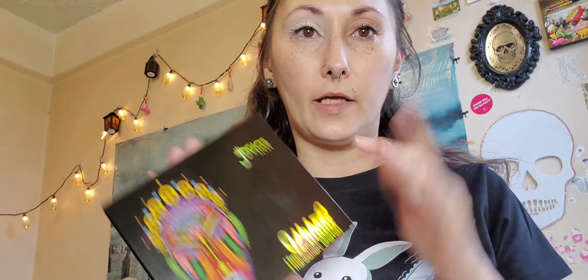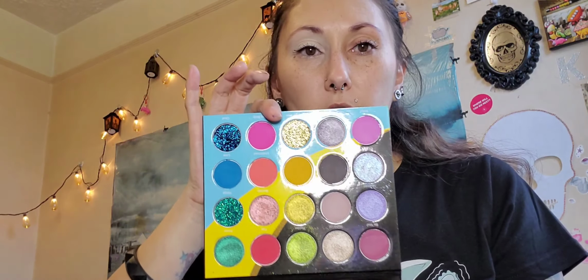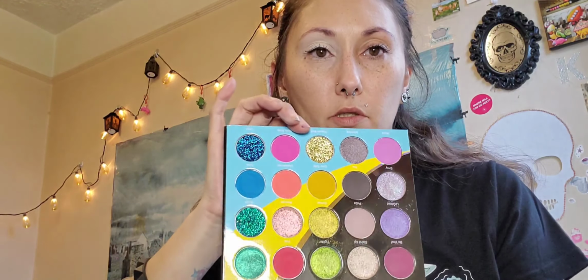So yeah, I did do the swatches. Like I said, I'll leave the swatch video in the cards above. And this is the inside of the palette. I am going to do two different looks from this palette like I always do. So I have my eye primed, ready to go, and I'm going to go in with